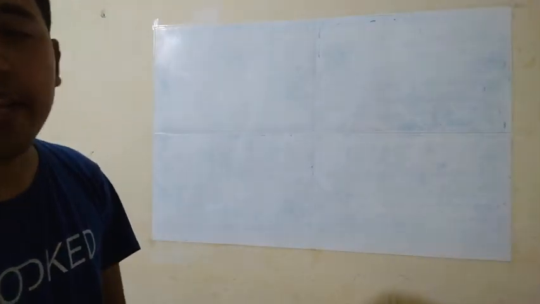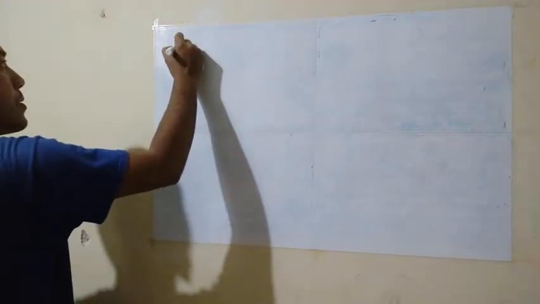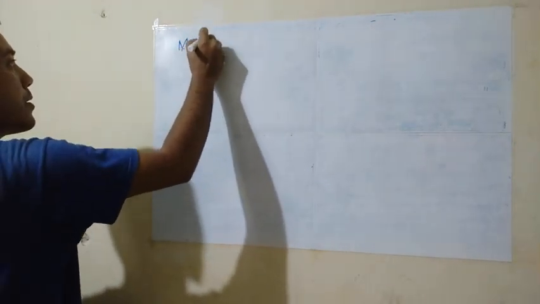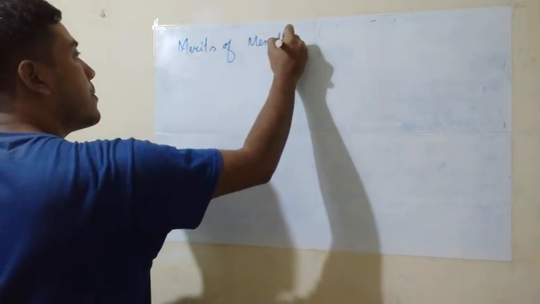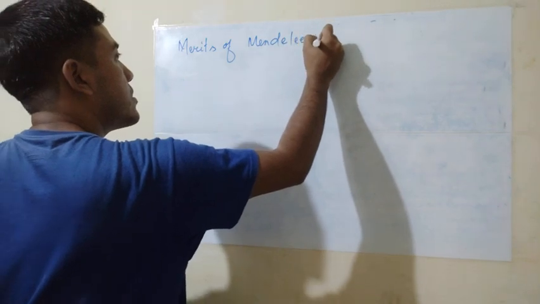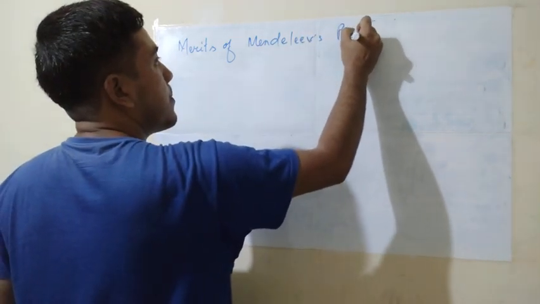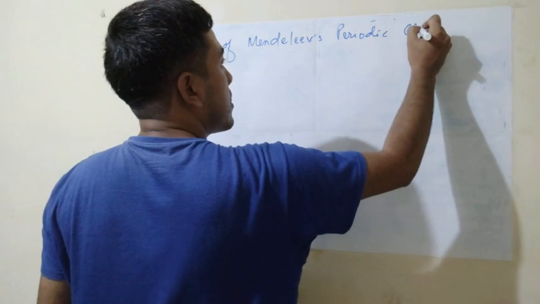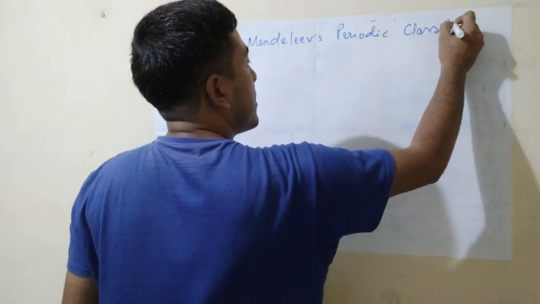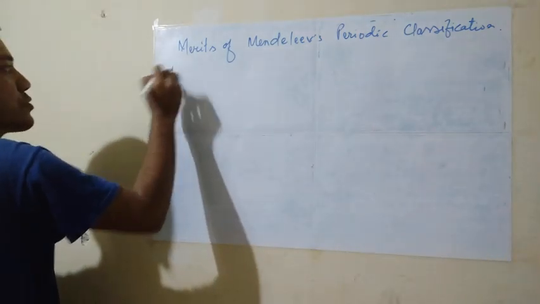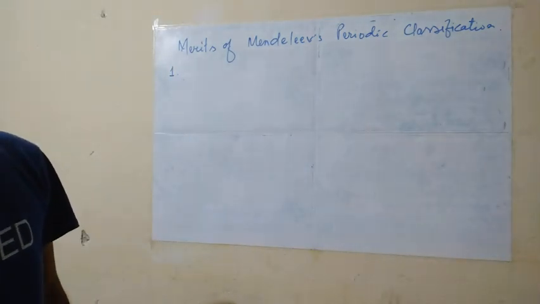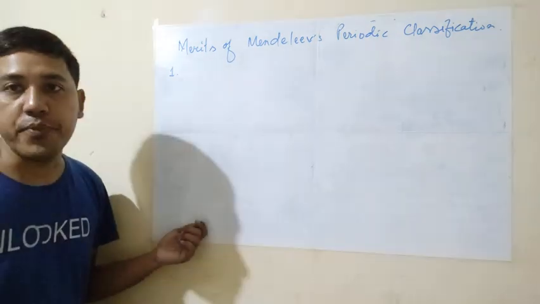The next is the merit points. Merit of Mendeleev's periodic classification, or periodic table. The first point is, what? Mendeleev's periodic law predicts